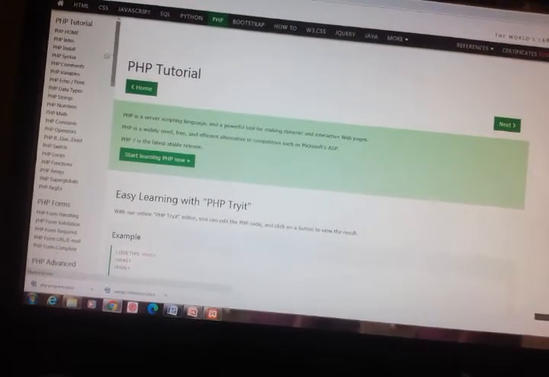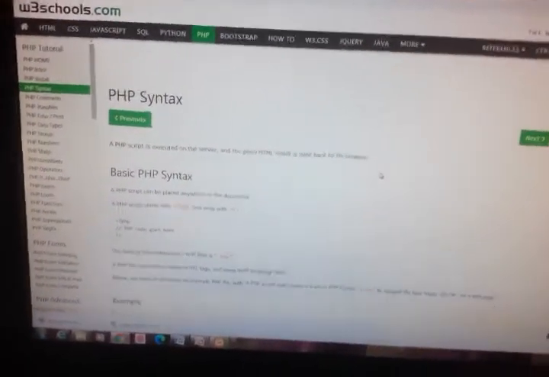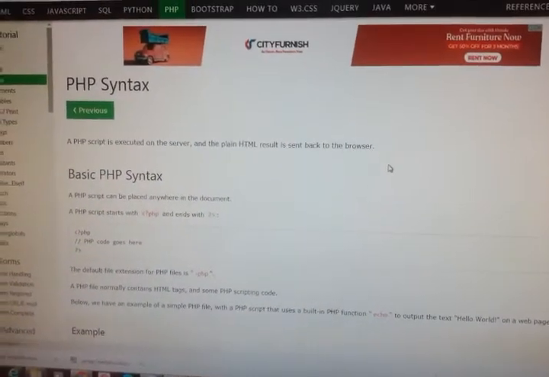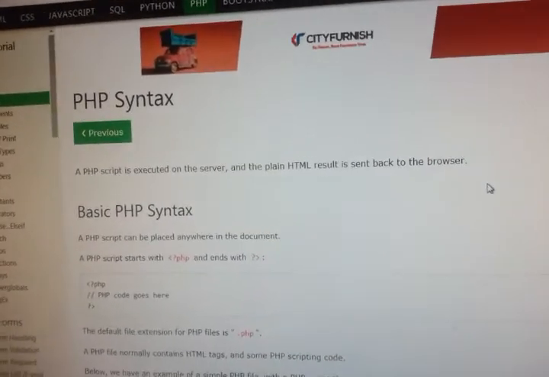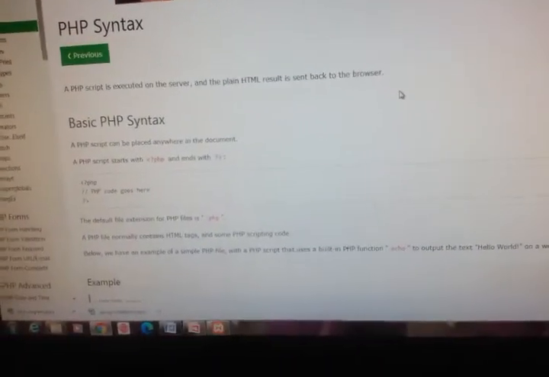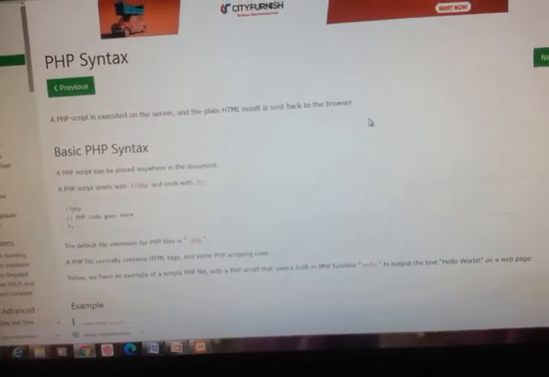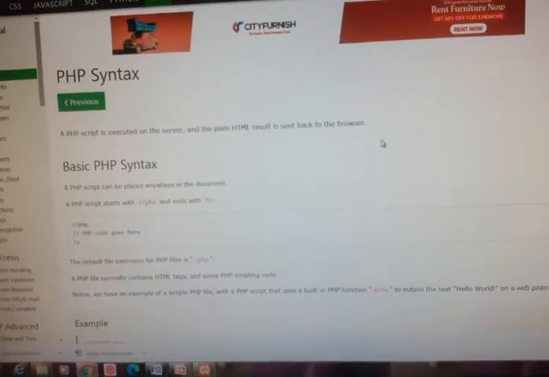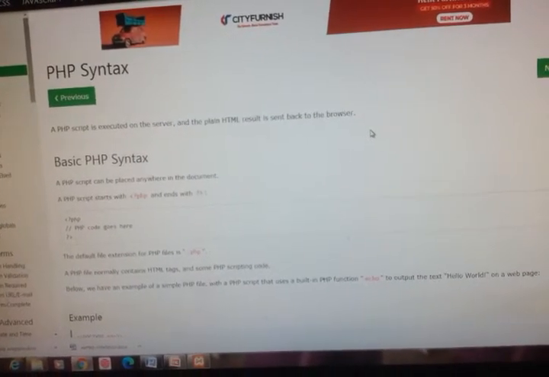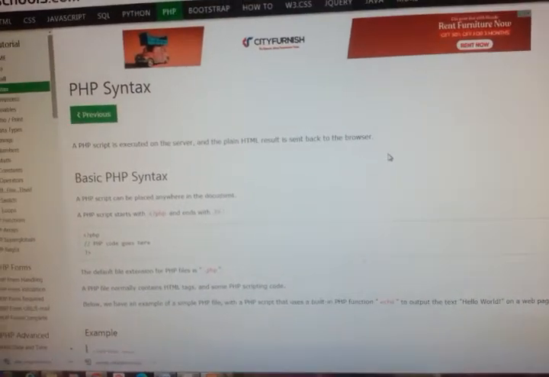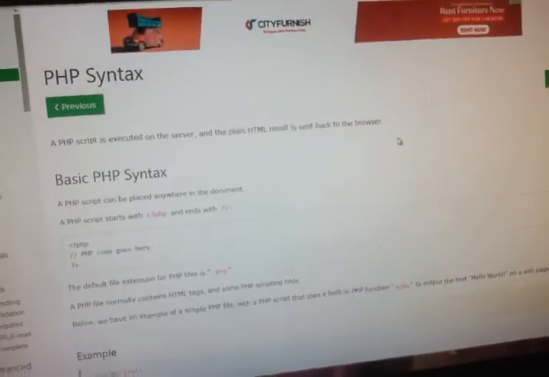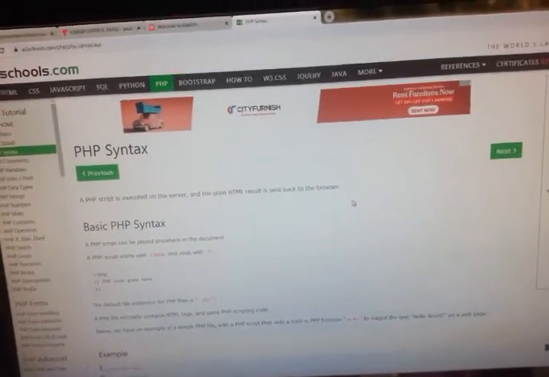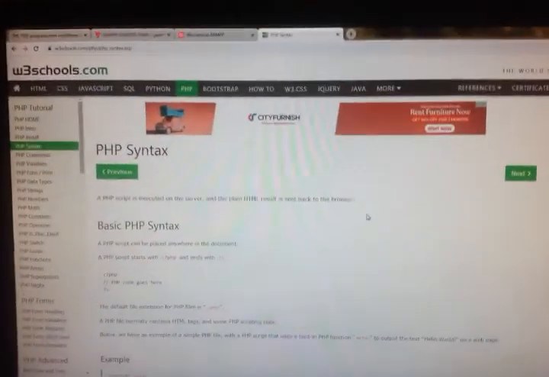So you should be able to know all the syntaxes of PHP: comments, variables, how to print PHP related content, what are the different data types available, what are strings in PHP, what is a number, what are the different math related functions, what are the different constants available, what are the different operators available, what are the different statements available, all we have to see.